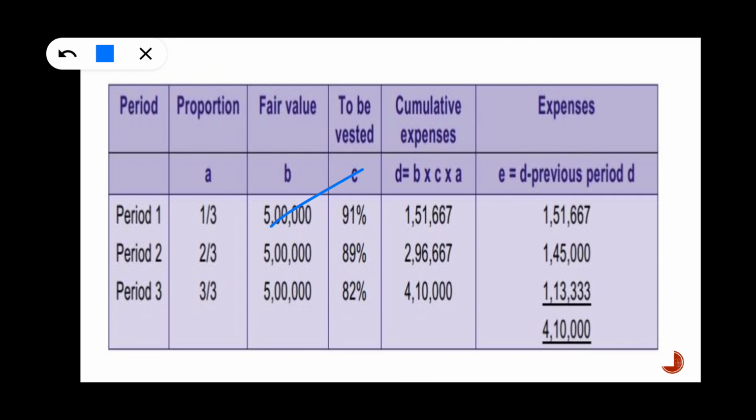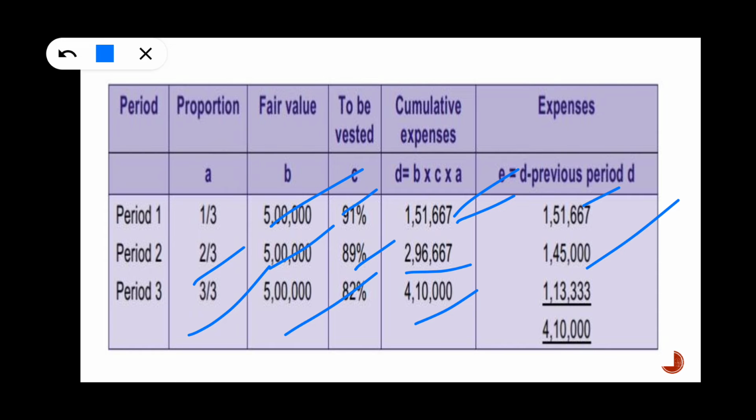5 lakhs, as I said, how much expense needs to be recognized? 5 lakh into 91% divided by 3, 1,51,667, and 5 lakhs into 89% into 2 by 3. This much expense needs to be recognized, and we have recognized 1,51,667 in the previous year. So 2,96,667 minus 1,51,667 is 1,45,000, and for the third year